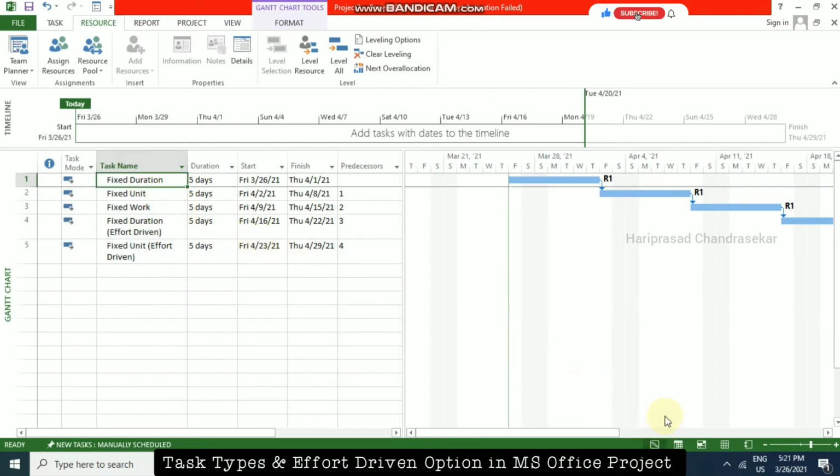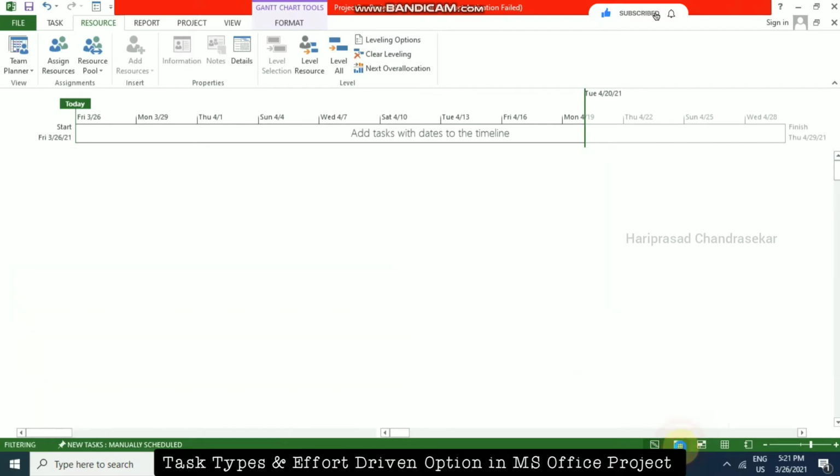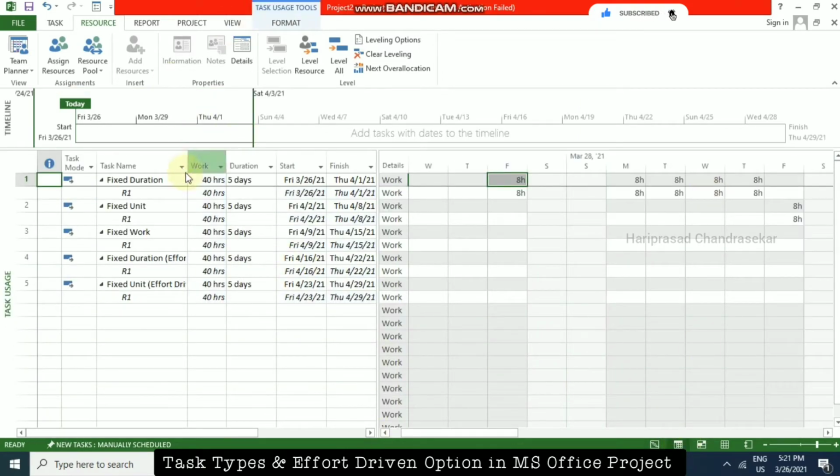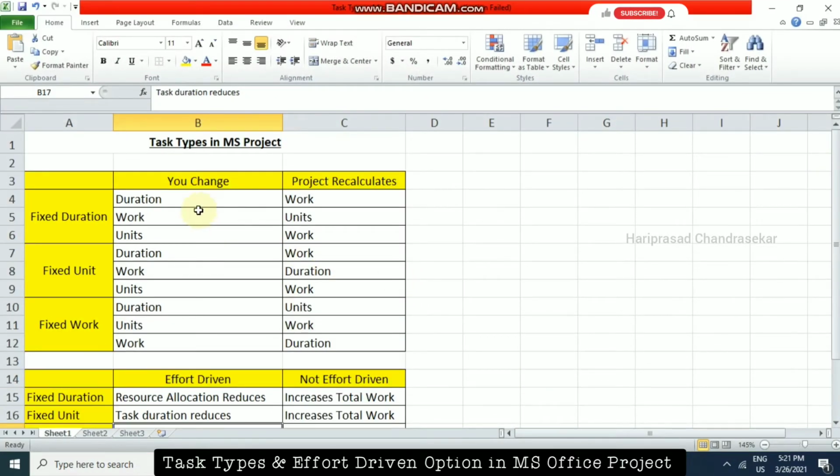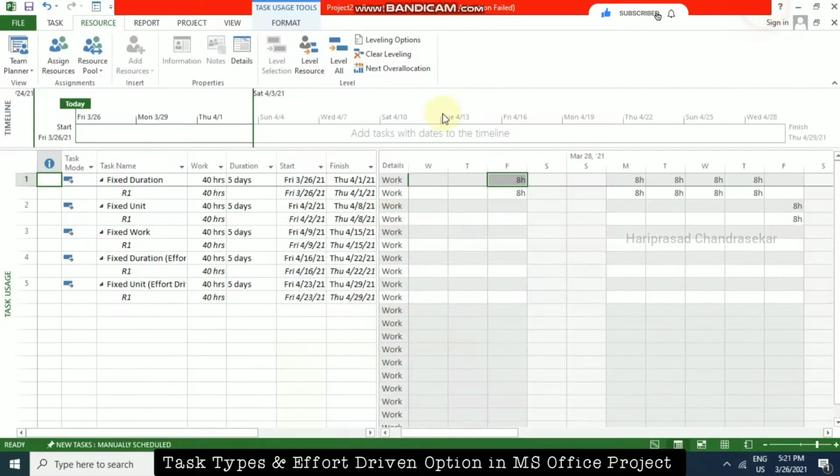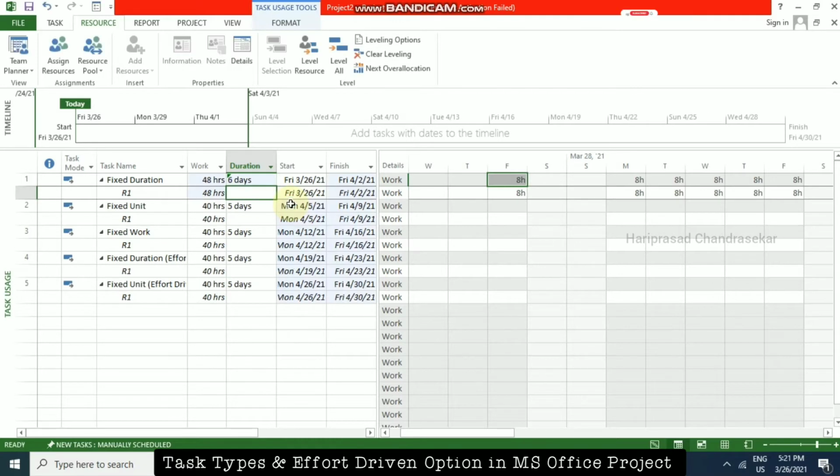Now we will see one by one what we have in Task Usage. Here I also have a Work column. Here I am having fixed duration. If you change duration, Project recalculates work. So for fixed duration, I'm just changing the duration, and Project recalculates work.